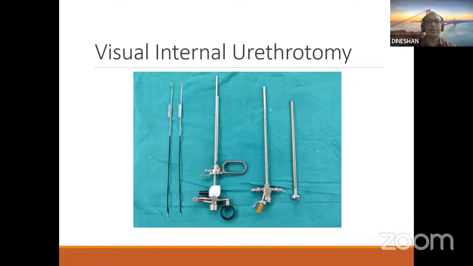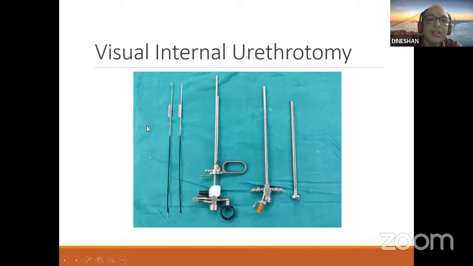You can see there are two different types of knife. One is the straight one, and this is the half moon, or semilunar, shape. The straight one is used for cutting the urethra, because here you use a 0-degree scope.